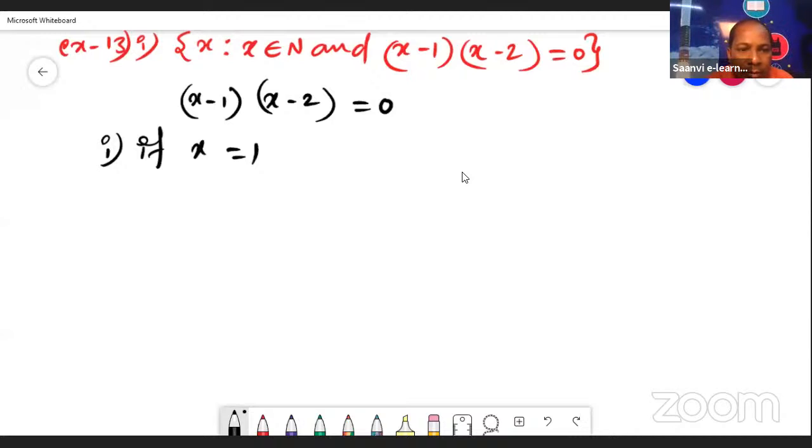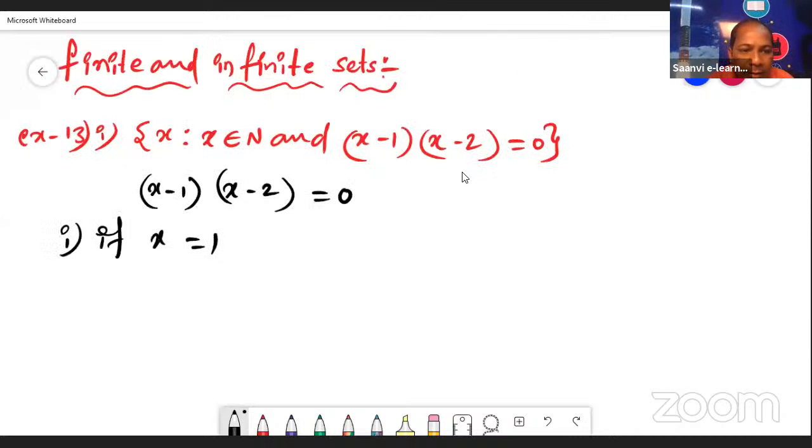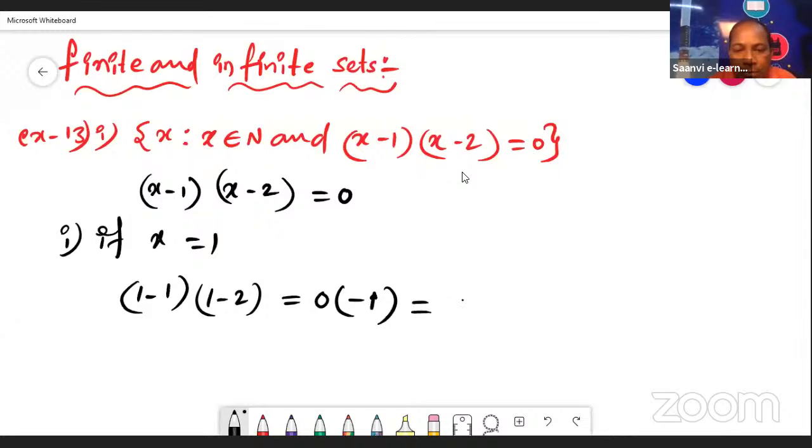If x is equal to 1, what will happen? x minus 1 means 1 minus 1, into x minus 2 means 1 minus 2. We are substituting the x value 1, right? So what will happen? 1 minus 1 is 0, and here 1 minus 2, we get minus 1. So 0 into minus 1 is equal to 0 only. See, when we substitute x value 1, we have got 0. The same way,